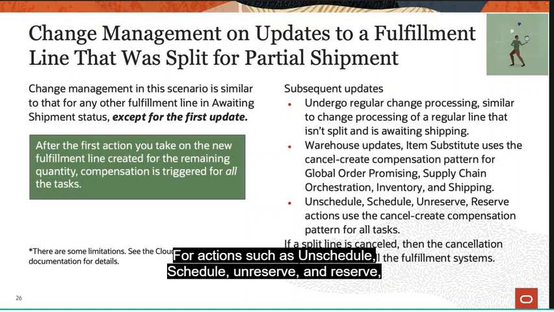If you want to update attributes on split order lines that were created for partial shipments, you must enable the related feature opt-in in the setup and maintenance work area. Similarly, if you want to apply